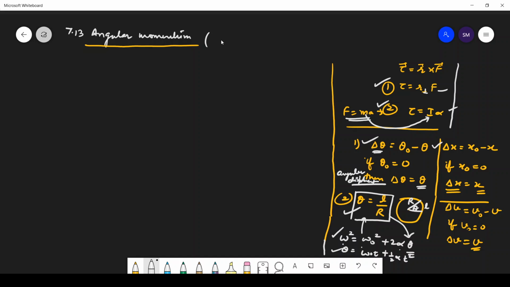So students, our next topic is angular momentum, and I'm already telling you that we are taking all the cases, so all the formulas are true only when we have a fixed axis. The formulas that we are deriving consider this assumption, that the axis of rotation is fixed. Okay, so now again starting with a typical particle of the rigid body which is rotating. Now which figure are we going to take? Here we will be taking angular velocity, linear velocity, momentum. So we will go back to figure